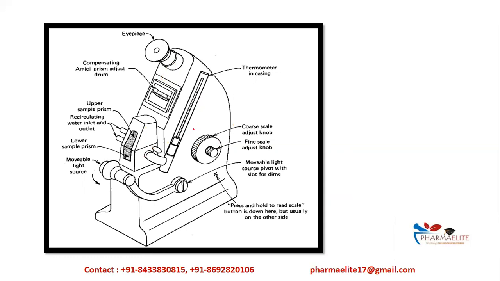You can see here there is a thermometer which maintains the temperature so that you perform the experiment at one particular temperature. As you close the glass plate with your sample and place it between the prisms, observing under the eyepiece, you will get the reading of refraction. First, you set up the assembly, then you pour your liquid sample, and you close the prism assembly. When you adjust the mirror and the knobs and focus it as you do for a microscope, you will be able to observe it through the eyepiece, and then you will get the reading. There are different types, such as the immersion refractometer and the interference type, but all this is not much required because from an entrance point of view, it is not that important.